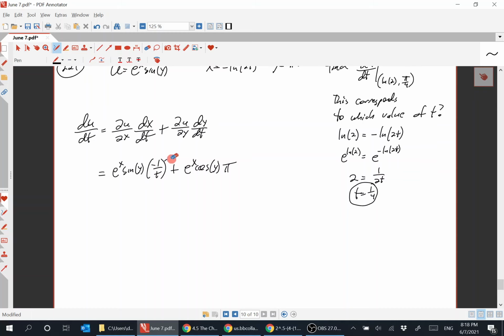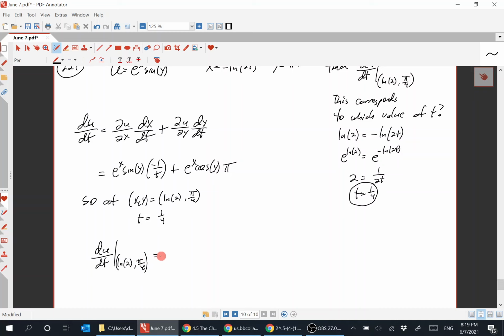Right, so at x, y equals natural log 2, pi over 4, which is the same as t equal to 1/4, right? So plugging in all those numbers there, we get that du dt at natural log of 2, pi over 4